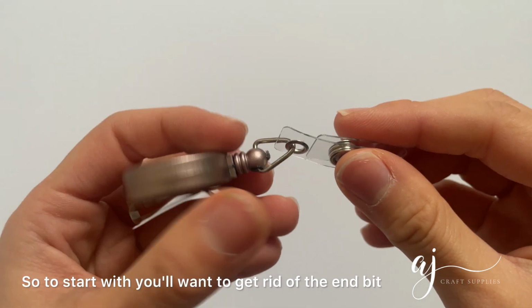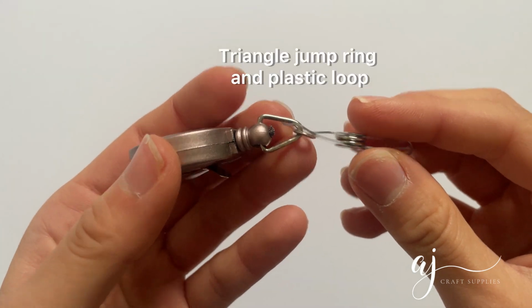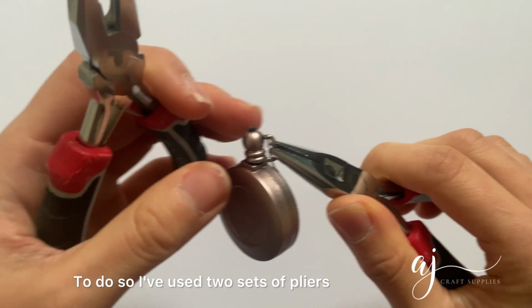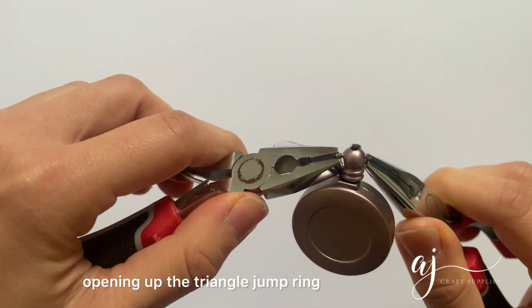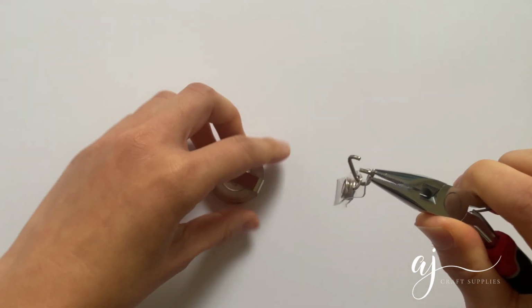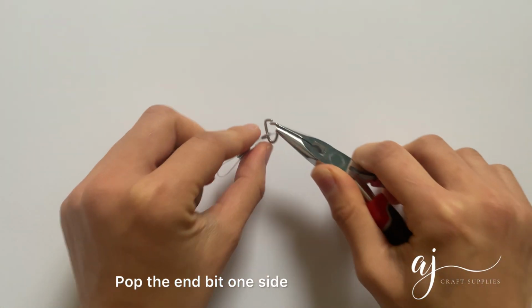So to start with, you'll want to get rid of the end bit, which is the triangle jump ring and the plastic loop. To do so, I've used 2 sets of pliers, opening up the triangle jump ring, and your badge will fall off just like that. Pop the end bit one side,